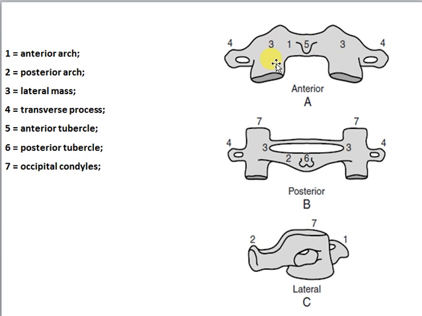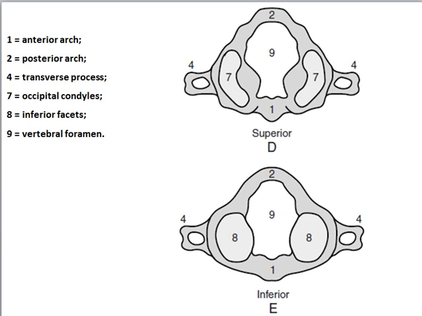This is a standard typical cervical vertebra. On this you can see there is an anterior arch and a posterior arch. C1 has an anterior arch and a posterior arch, two lateral masses shown by 3. Then the transverse process pierced by the foramina transversaria, and the anterior median tubercle as well as the posterior median tubercle, and the occipital condyles are shown at 7. They articulate at this place.